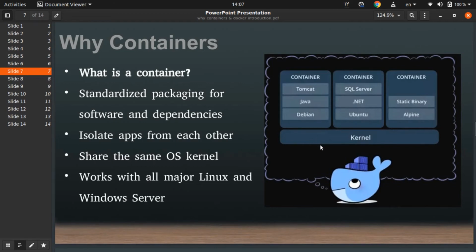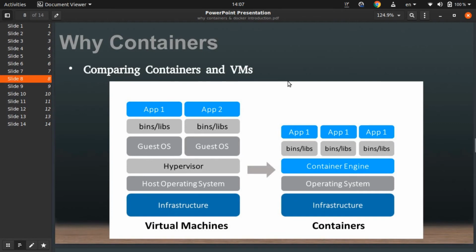Each container runs faster because there is no OS to boot up.